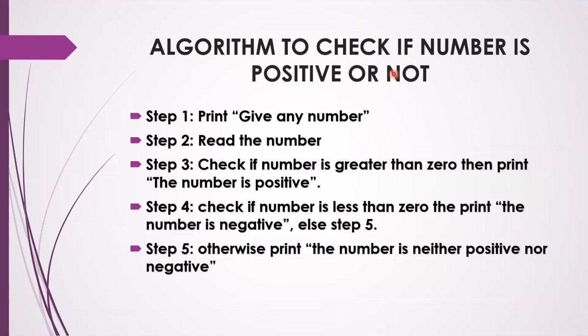So we saw this algorithm to check if a number is positive or not based on the 5 steps. As you can see, all these 5 steps follow the 5 properties which we have discussed. An algorithm has unambiguous instructions. In each step, each instruction is specific. First one, print give any number, only one step at a time. Read the number. You don't have multiple steps in a single step. So it is unambiguous, and it solves a specified problem, whether the number is positive or not. And it does not have any programming language syntax. It is very simple English. So these are the properties which we have to incorporate while writing an algorithm.